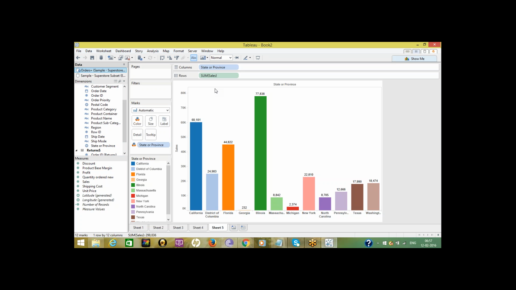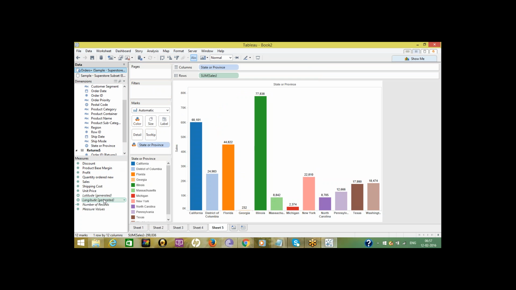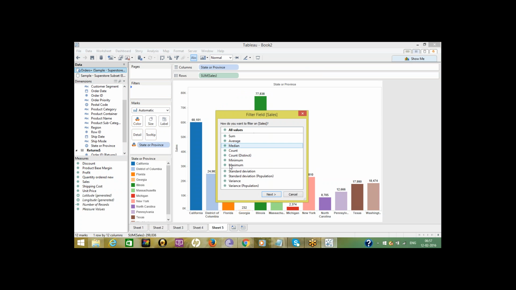First one is range of values. Here I have to drag this one, sales. Filtering measure data.